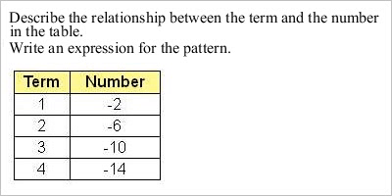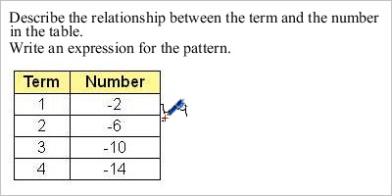Describe the relationship between the term and the number in the table and write an expression for the pattern. So here we have a term number and we have a number. If we take a look at the relationship between this number here and this number here, we'll see a pattern emerge. As this number increases by 1 each time, this number goes down by 4, so it's subtracting 4